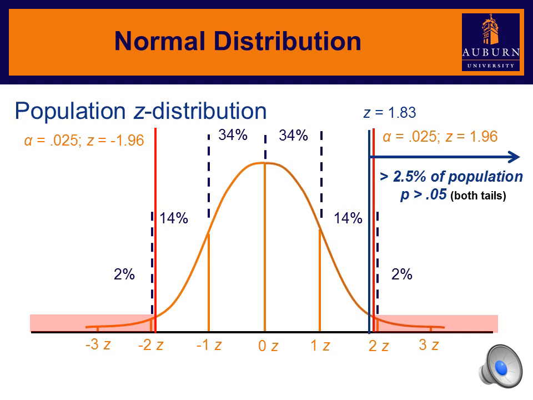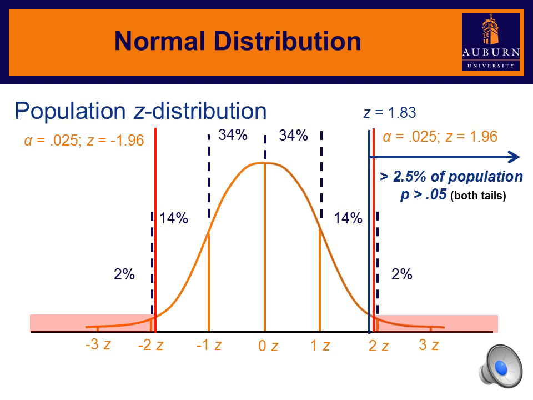So the shaded regions on the graph represent the critical regions where we will reject the null hypothesis. So if our z-statistic falls within those 2 shaded regions, then we will say we reject the null. But as we can see, our z of 1.83 does not fall within the shaded region. It does not exceed our critical values. It falls just short of our critical value in the positive direction, so we will fail to reject the null